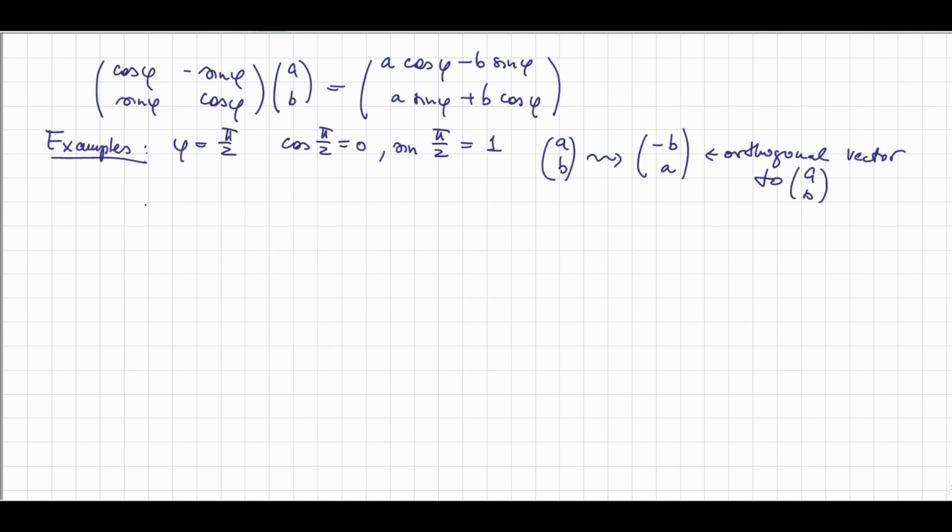As another example, if we take phi equal to pi, then the cosine of pi is minus 1. Sine of pi is 0. So the vector AB will be rotated to the vector minus A, minus B. This is, of course, also what's called central symmetry, where every vector is mapped to minus itself. If you also know the complex numbers, you can confirm the formula star